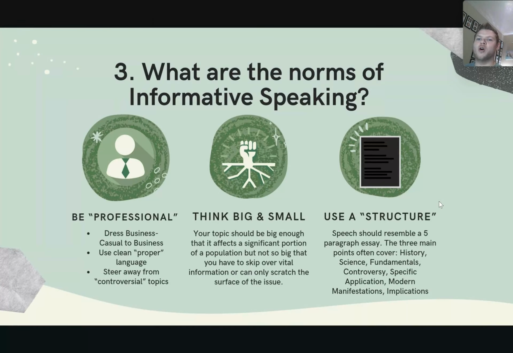So now that we know what you are, legally, I guess, required to do or not do in informative, what are some of the norms, the unspoken things? Well, first of all, is to be professional. That means usually dressing business casual to business proper, using clean language, steering away from controversial topics. Now, again, these are norms, and sometimes people make their speeches all about violating these norms, but they're things to